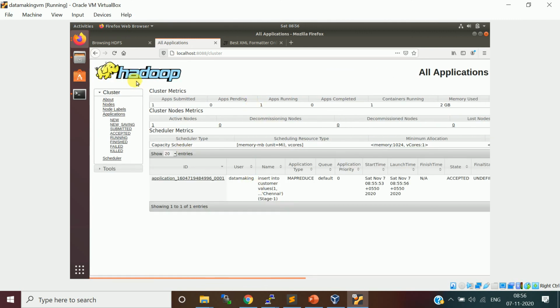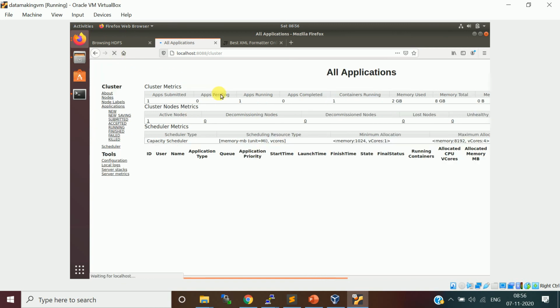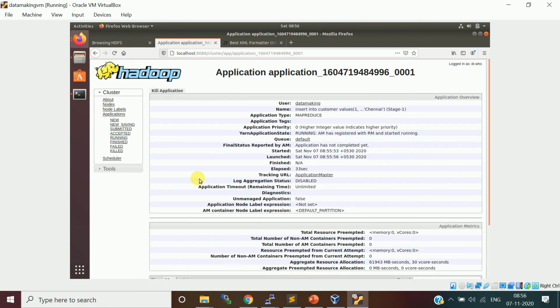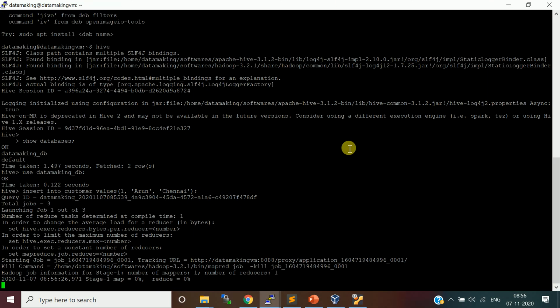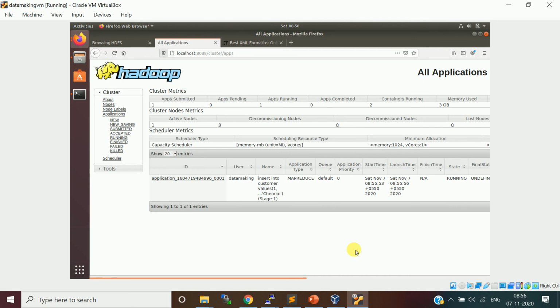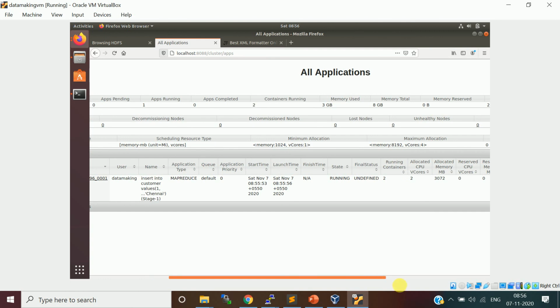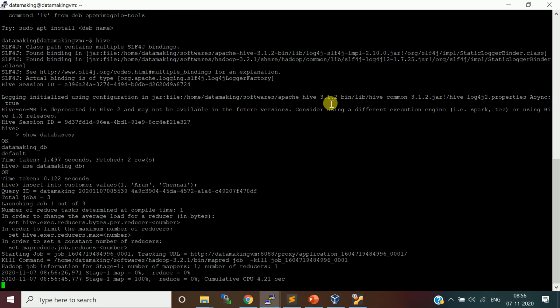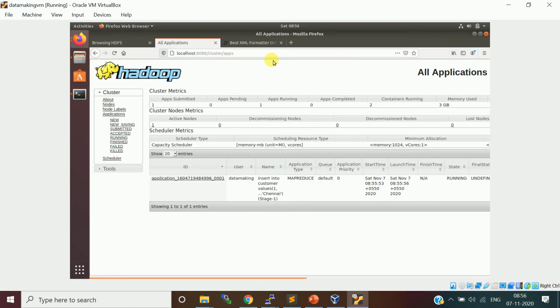Okay, it is in accepted status. Now it is running, 0%. Okay, the map phase is completed.